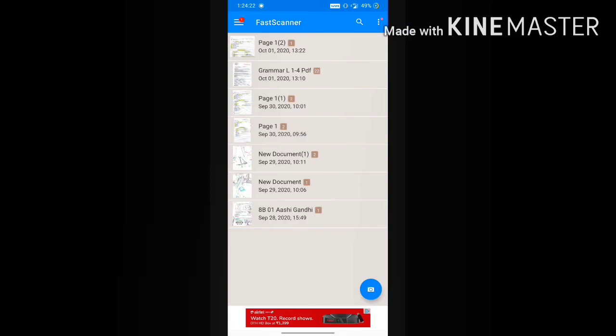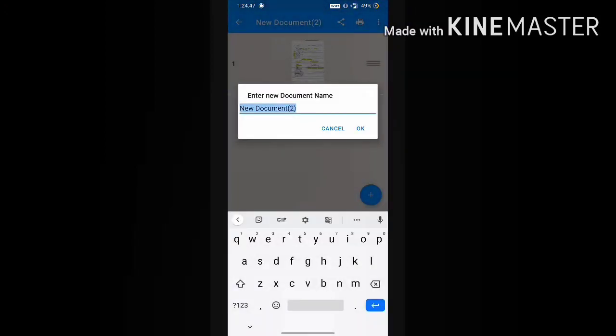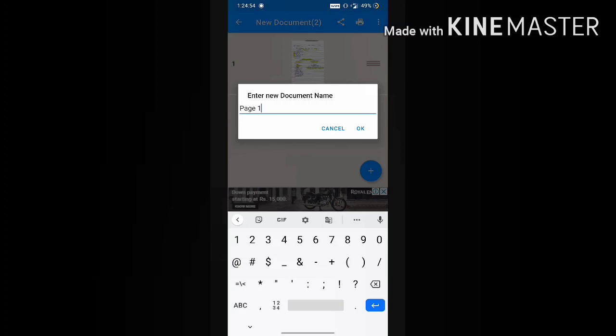Now once you open the application, you will be able to see camera icon at the bottom of the application on the right hand side. So click on that and start clicking the image of the first page. Once you click the image, it will ask for cropping and adjust settings. You can do that. Once you are done, click on tick mark, again tick mark, and now it will ask for the document name. As of now it is page 1, so you can just give it a name, page 1, and click on